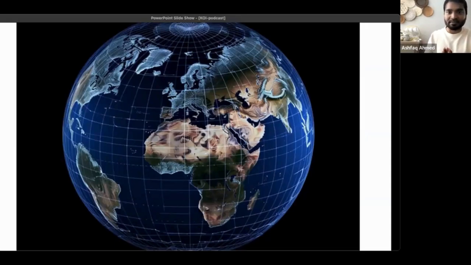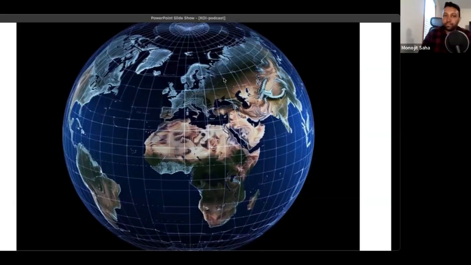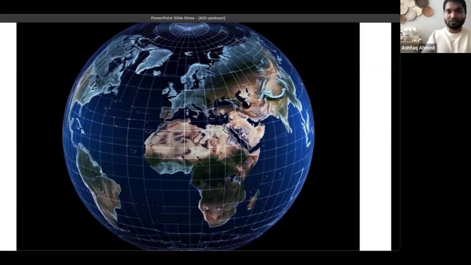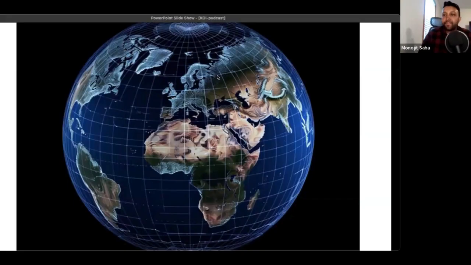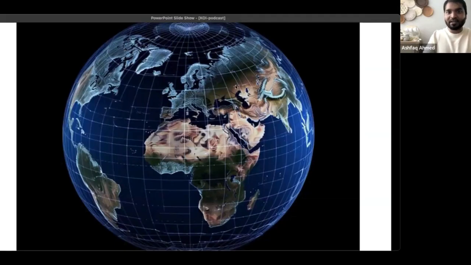Now, this is a picture of Earth with a grid system. This is an ideal standard 1 degree global resolution. What do I mean by 1 degree? It means that every single grid, by the way Manojit, can you see my mouse? Yes, I can. Okay. So as you can see, I'm creating a rectangle around every grid. This is a standard 1 degree global resolution model.